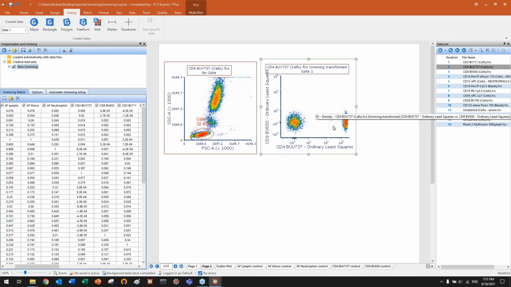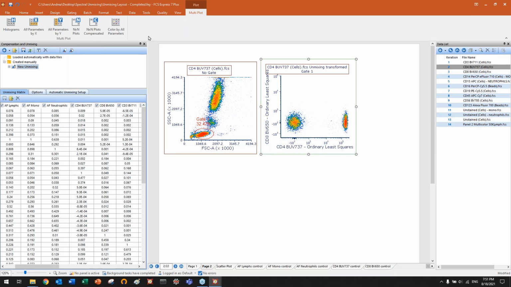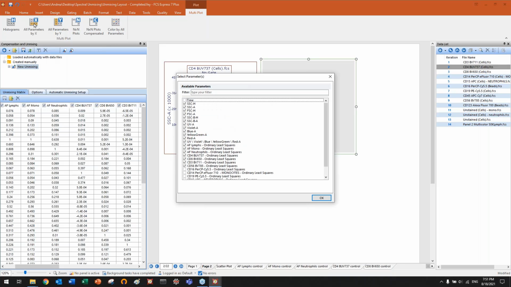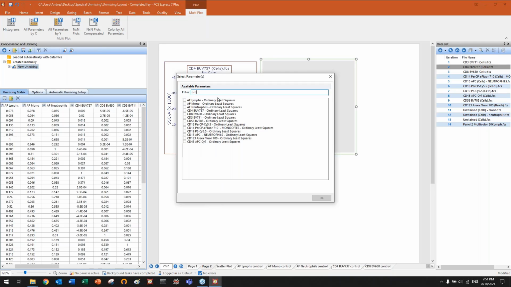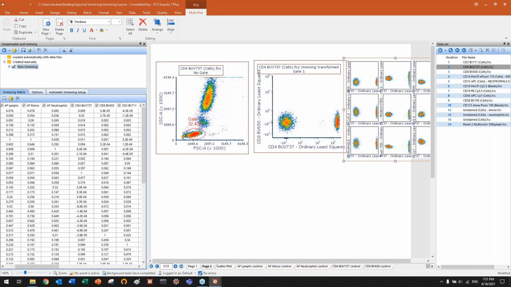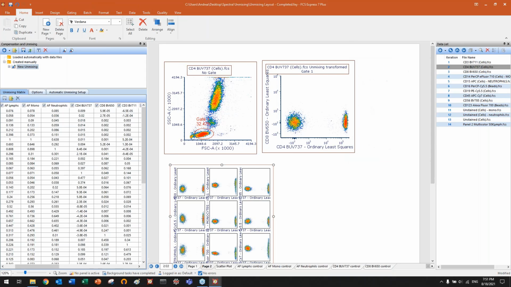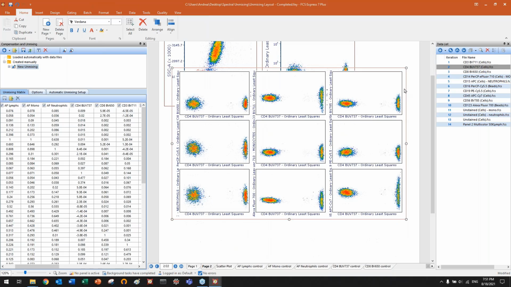If you want to double check CD4 versus everything, you can very quickly go to multiplots, all by X, in this case, because I want to keep the X-axis fixed. And then this is new in FCS Express 7.8. We have this filter box. So I can clear the selection and just say, for example, ordinary. This is the suffix, which is added to all. Select all. Maybe I don't need the autofluorescence, and click OK. Now I have, you see, CD4 on the X and everything else on the Y,